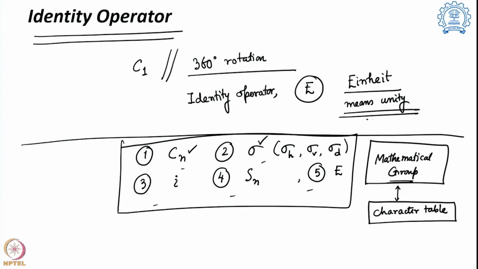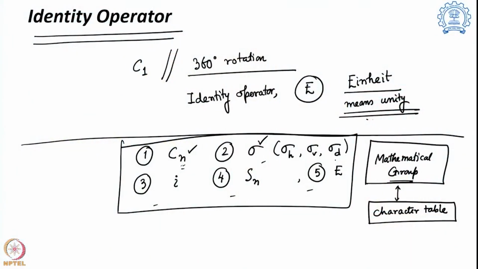Sigma h is a sigma plane which is perpendicular to the principal axis Cn. And what is the principal axis Cn? Where I have the highest number of n or lowest angle of rotation possible to get to a superimposable and indistinguishable structure. Sigma v is a sigma plane which contains the principal axis,